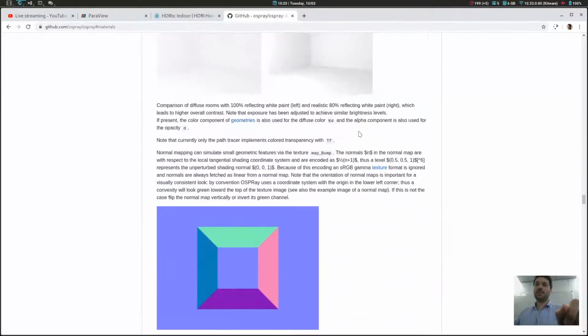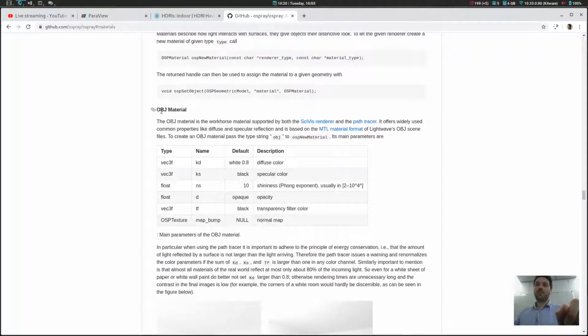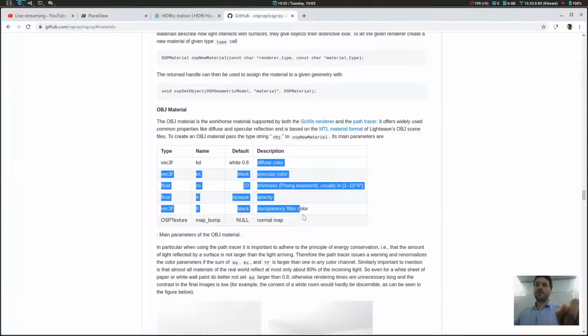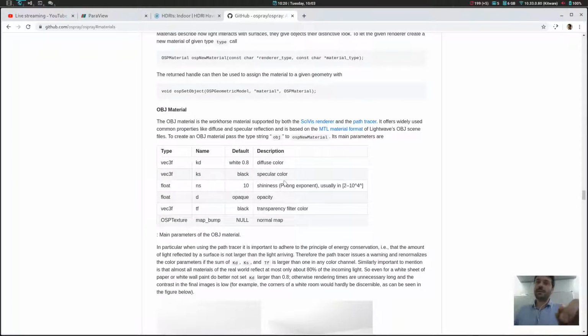And so you have here the first one, the OBJ material, with all the attributes you can set on your object. You probably recognize all the different properties we had in the Guo interpolation, and this is because all the materials you configure with the Guo interpolation will be mapped to the OBJ material in the ray tracer.